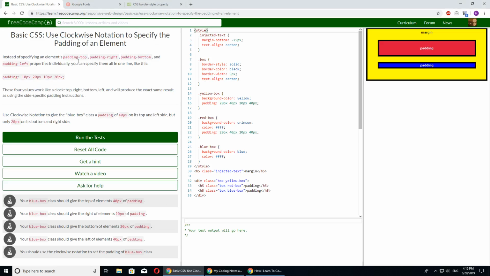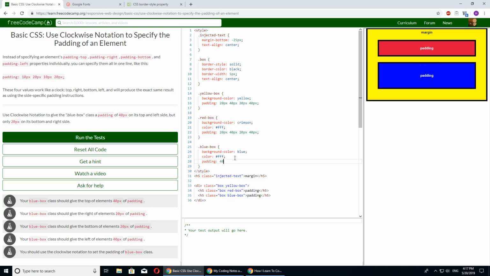Instead of specifying an element's padding-top and so on individually, you can do it like this. These four values work like a clock: top, right, bottom, left. Use clockwise notation to give the blue box a padding of 40 to the top and left. Blue box, padding, so it starts with top 40 px, 20 px,